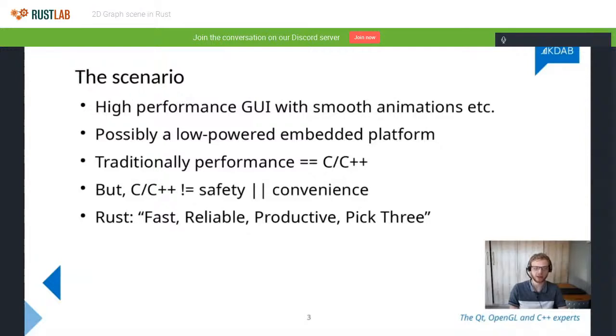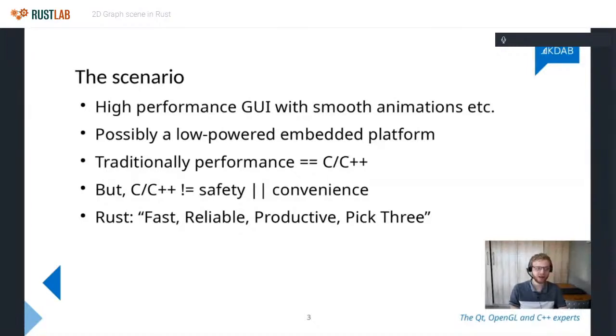If you're unlucky, security holes. A famous quote I've heard about C++ is that it gives you a lot of rope. In fact, it gives you enough rope to hang yourself, which I think is very true. And then the other not so nice thing about these languages is really in the form of convenience.